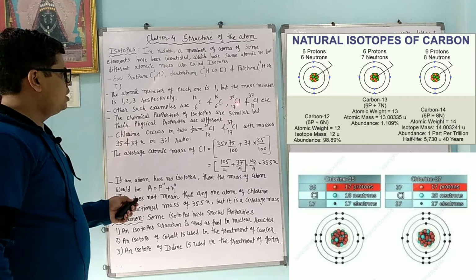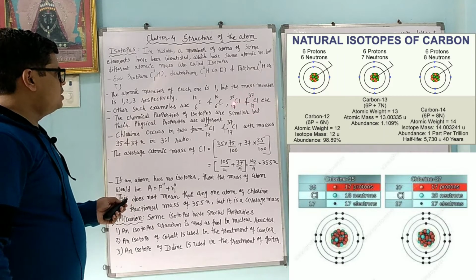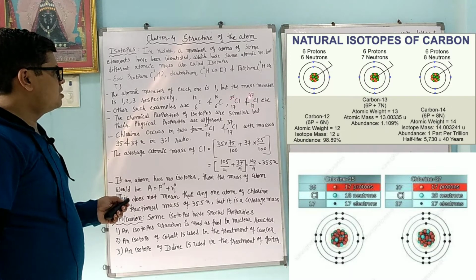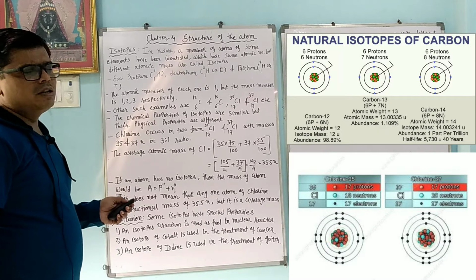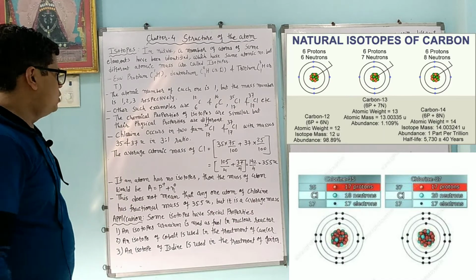Same way we have chlorine 17-35 and chlorine 17-37. Chlorine 17-35 has 17 protons, 17 electrons and 18 neutrons. How can we find? 35 minus 17, so we get 18 neutrons. But in the other chlorine, 17 protons and 17 electrons are present, but the number of neutrons is 20, and because of that their mass is what? 35 and 37. Okay, 35 and 37, so they are called isotopes.